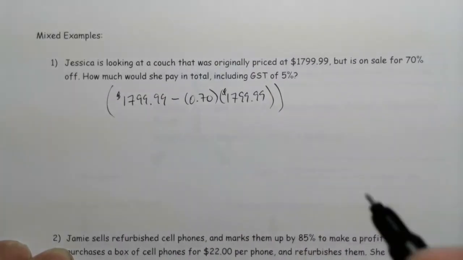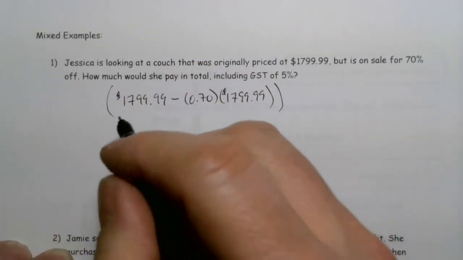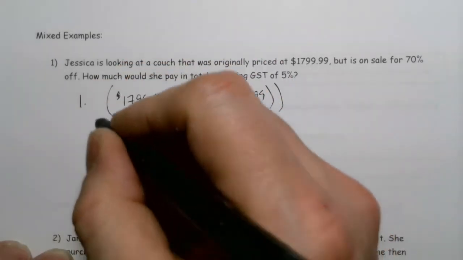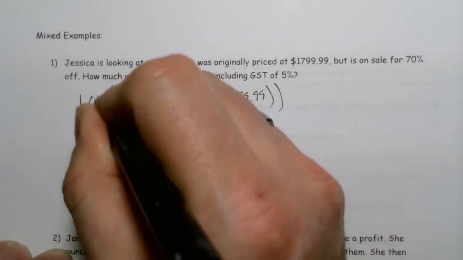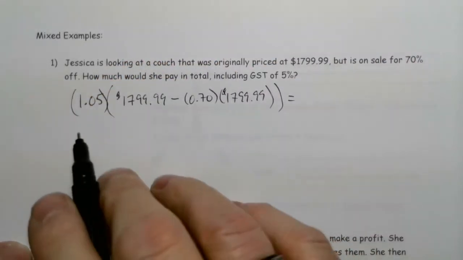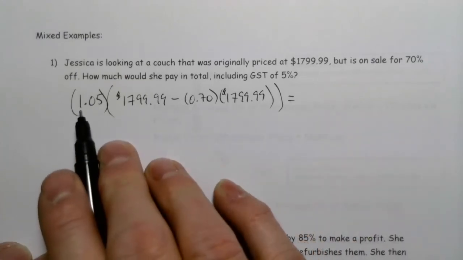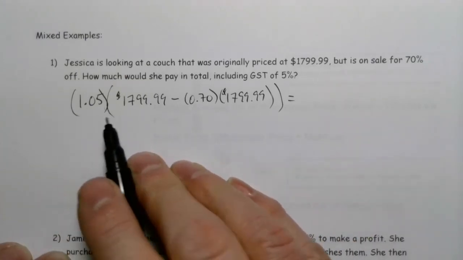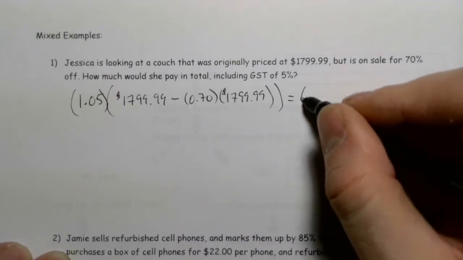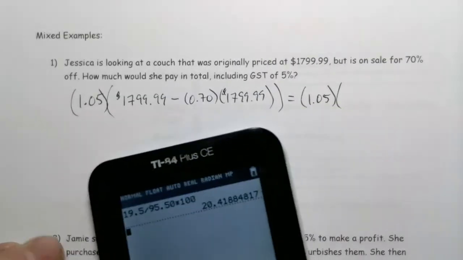So what happens here is, and I know that we've looked at this in a previous lesson, you're going to pay 100% of the price plus an additional 5%. Okay? So I'm going to multiply this price here by 1.05, 100% and 5% for GST. Now, I'm going to do this in a couple of steps here. First of all, I want to figure out what that sale price is. So on my calculator here,